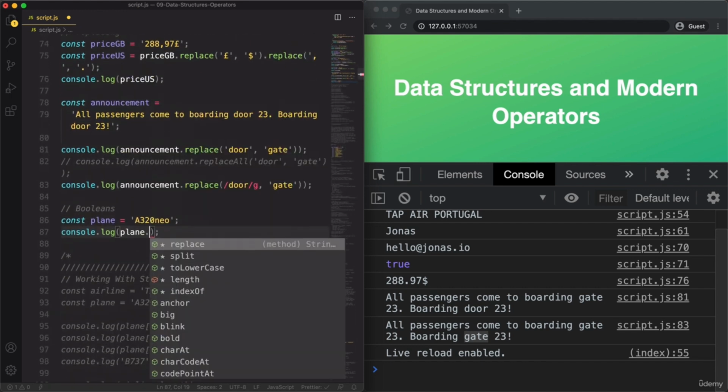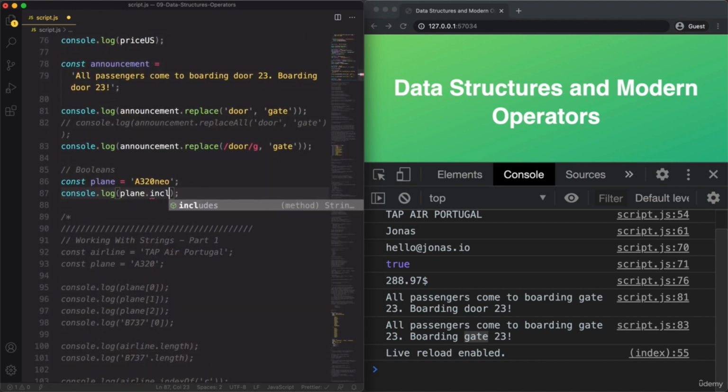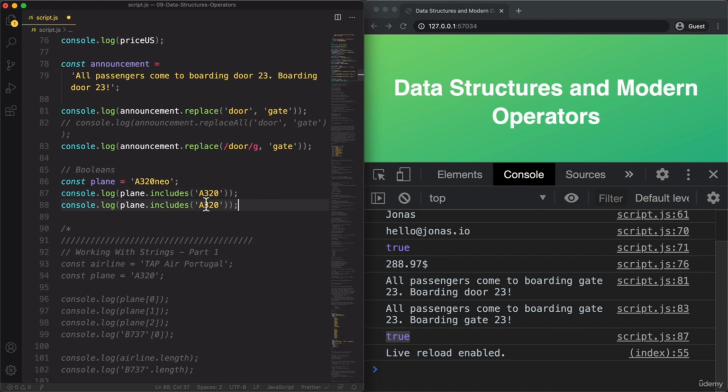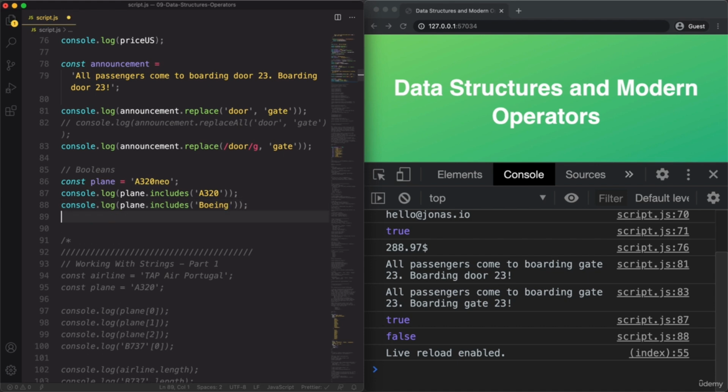So they have a very similar structure here in terms of methods that we can use on them. So includes, and let's test if it includes the string A320. And indeed it does. So this airplane here is the Airbus 320 Neo, but it still includes just the A320. Now, let's say if it includes Boeing, and of course it doesn't. And now there's another one,